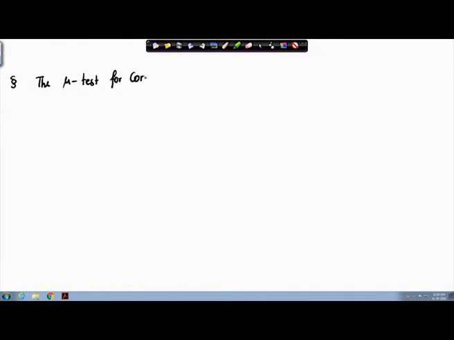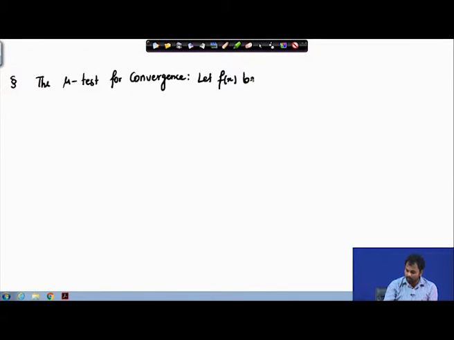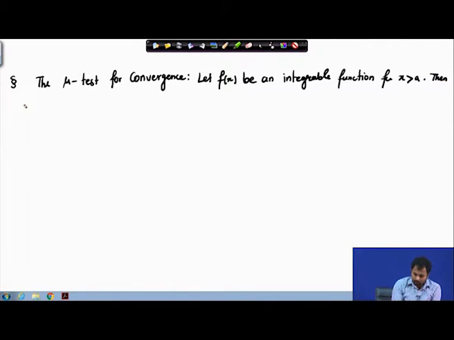The statement goes like this: let f(x) be an integrable function for x greater than a, then the integral from a to infinity of f(x) dx converges